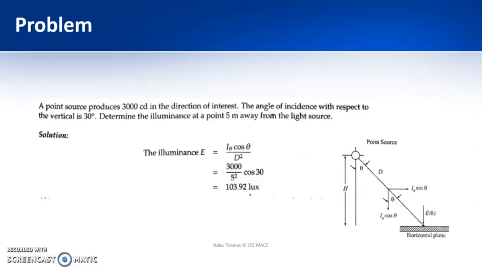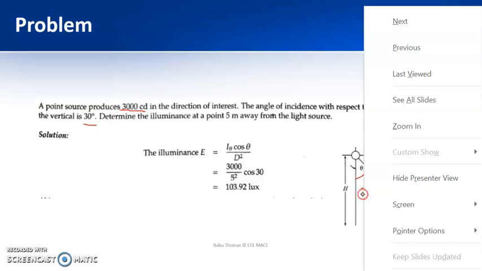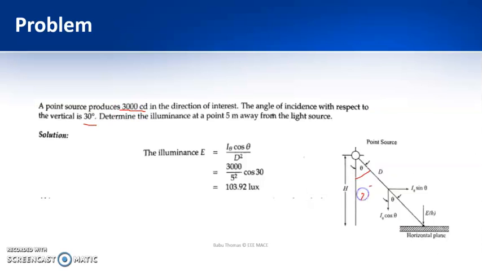So here it is mentioned that a point source produces 3000 candela. Candela is a unit of the luminous intensity, and the angle of incidence with respect to the vertical is 30 degree. So that means this angle is 30 degree. And therefore you are asked to find out the illuminance at a point 5 meter away from the light source. So this length is nothing but